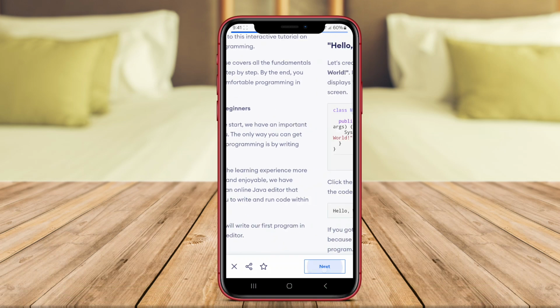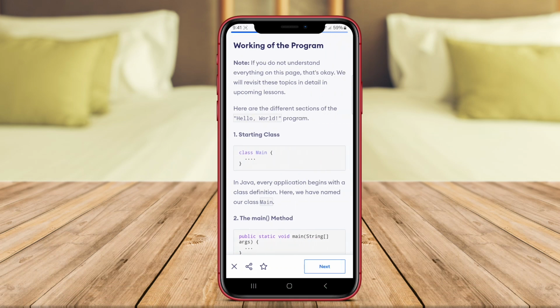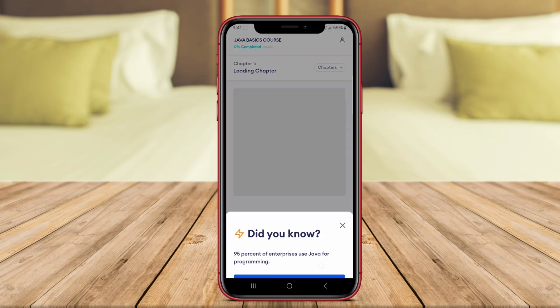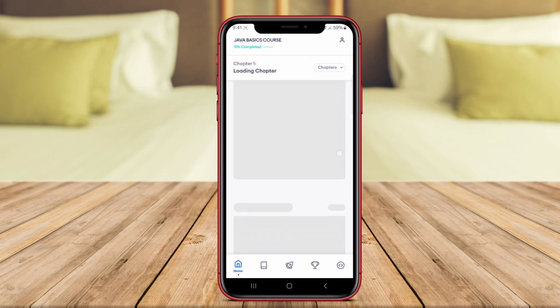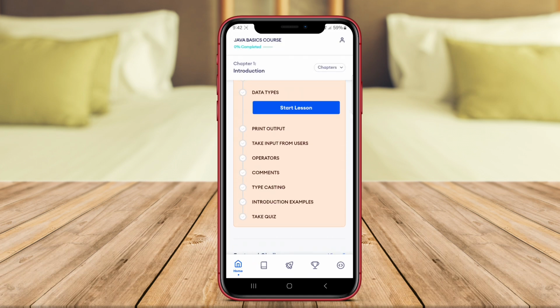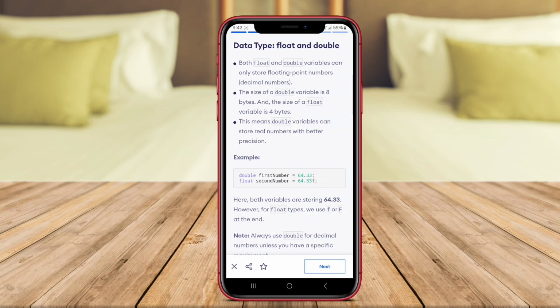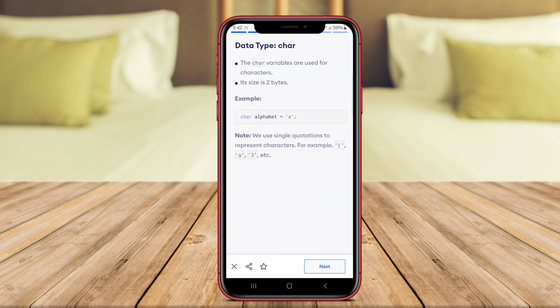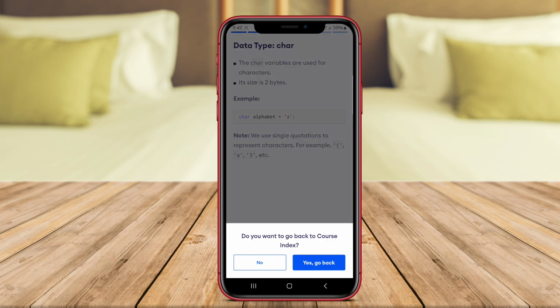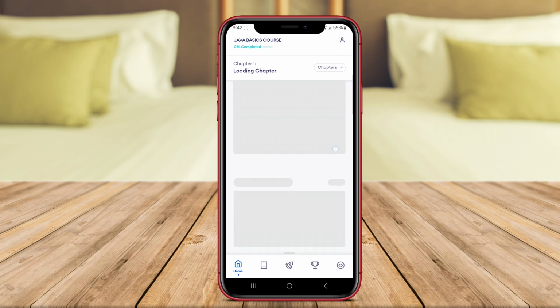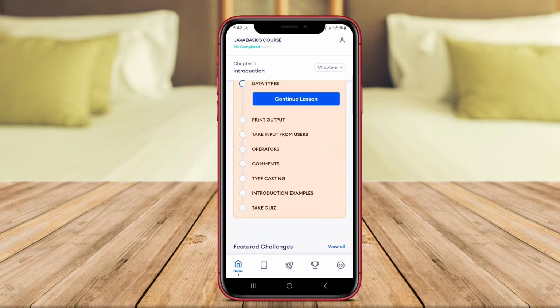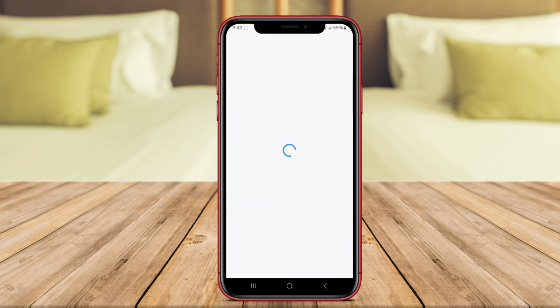Java is one of the most widely used programming languages, particularly in Android app development. Applications like Solo Learn and Java Programming provide a comprehensive introduction to Java concepts, including object-oriented programming, data types, control structures, and more. These apps typically feature interactive coding challenges, quizzes, and a community for peer support, making the learning